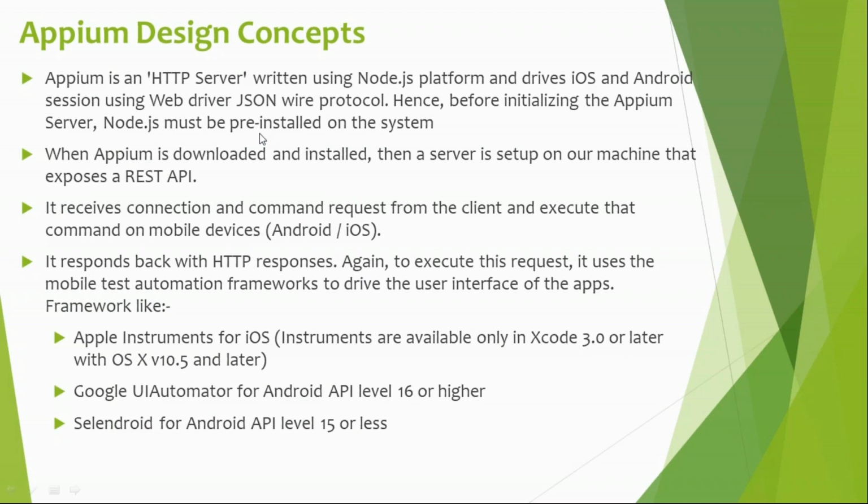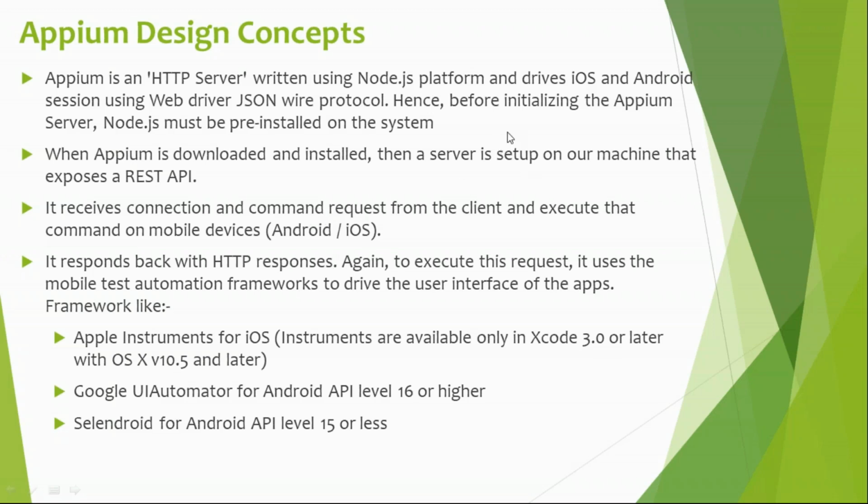So APM is something like that, client server architecture, where client is your code that you're writing and server is called HTTP server. APM, as I told, is an HTTP server which is written in Node.js. Node.js is a platform or a language. So you need to start this HTTP server to listen to all your commands from the client. Client is nothing but the code you're writing. In Selenium architecture, you know language bindings, right? So these language bindings are called the clients of your APM.